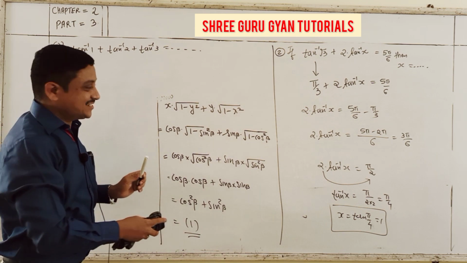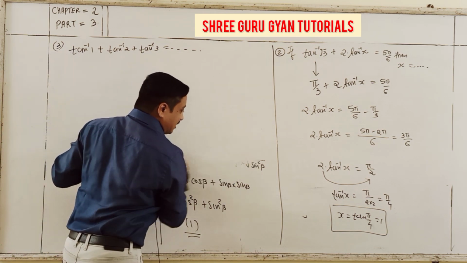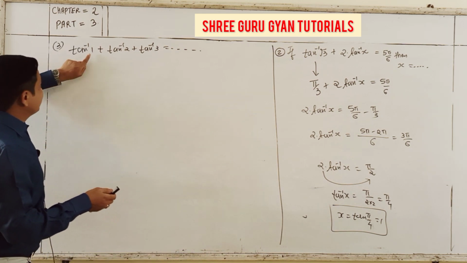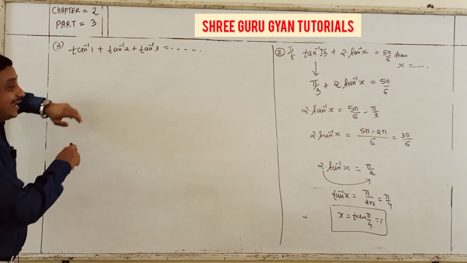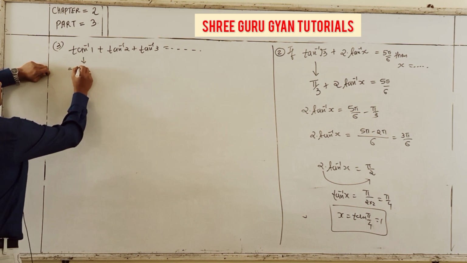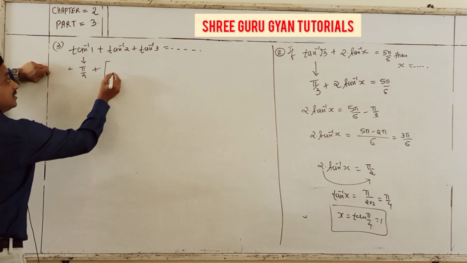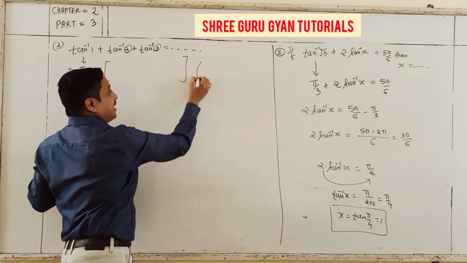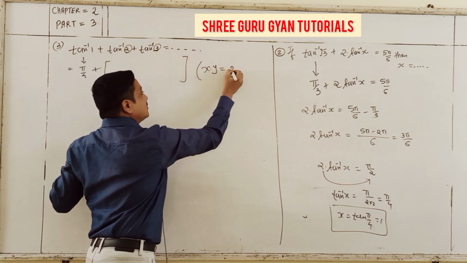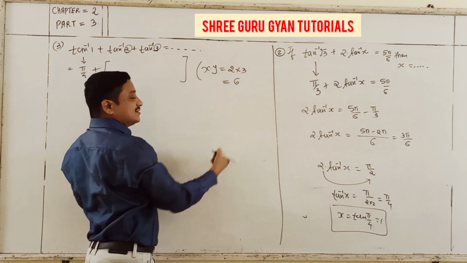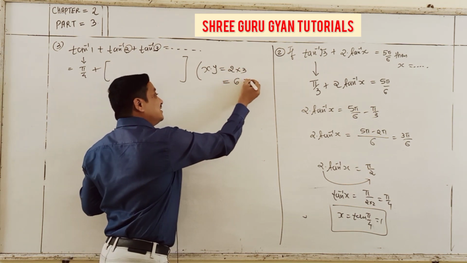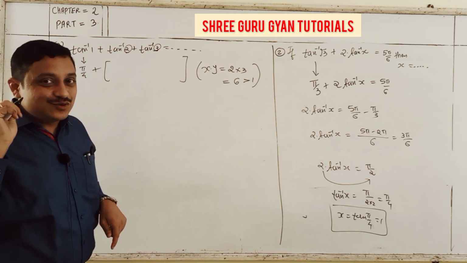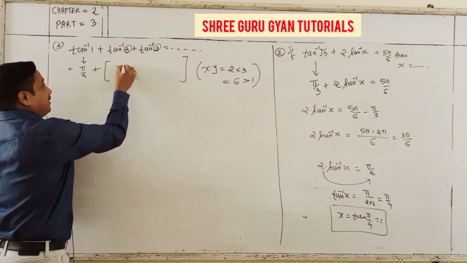First of all, write down the known angles, students. Tan inverse 1 I know is 45 degrees, but for these two, make the condition: x into y, 2 into 3 is 6, and that is more than 1. And whenever the product is more than 1, you always apply pi plus